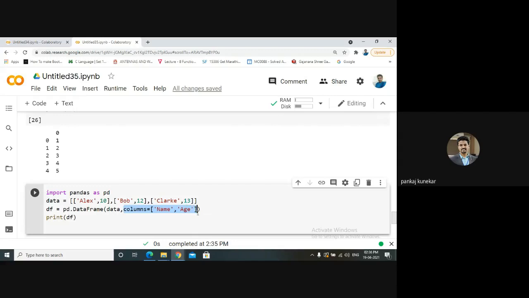Here we are specifying column labels, columns equal to name, age. These are the column labels, and these are the data for the respective columns, and then we are displaying df.